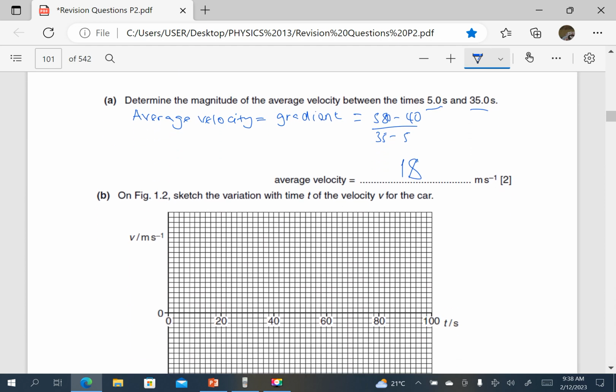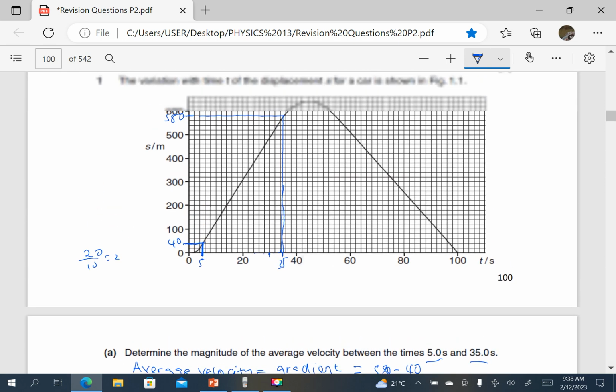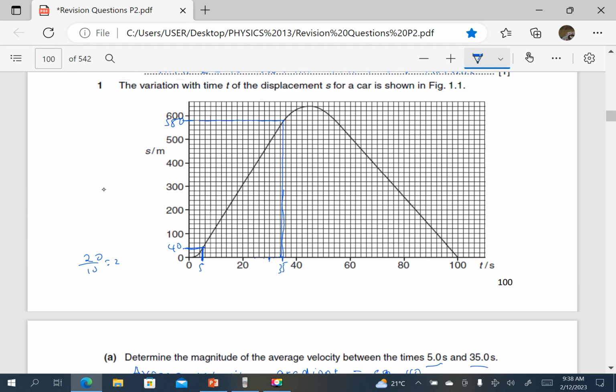On the figure, sketch the variation with time t of the velocity v of the car. Okay, so let's look at this point. In the first few seconds, about 2 seconds, initially the velocity is 0, because initially the line gets to the x-axis, so it means the initial gradient is 0. So the graph starts with 0 velocity and remains 0 up to around